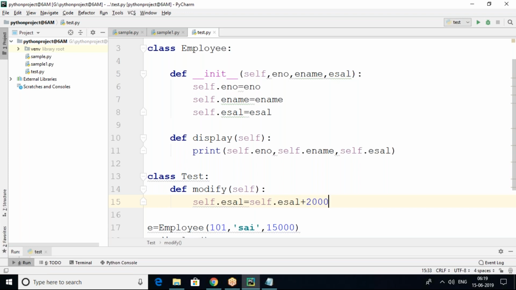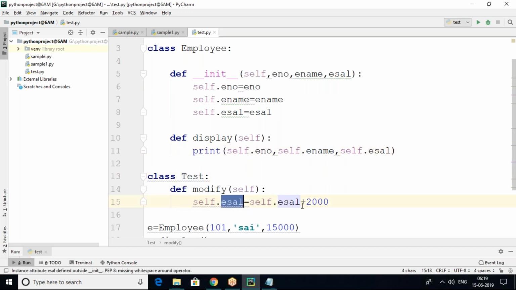So I'm going to add 2000 extra to esal. That means the e-salary variable is available to the Test class for modification. Yes, here we are able to access this e-salary which is present in the Employee class. So Employee class members are available to the Test class here.